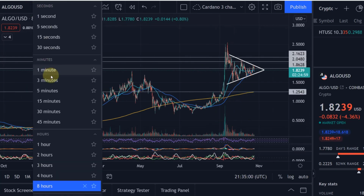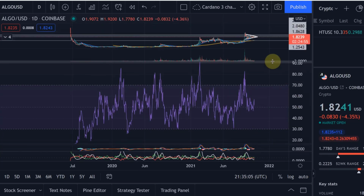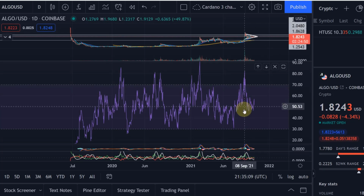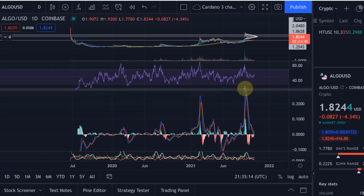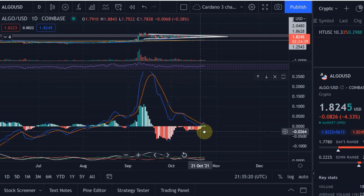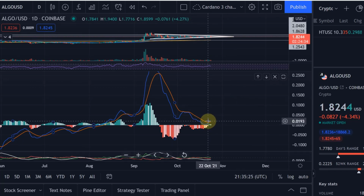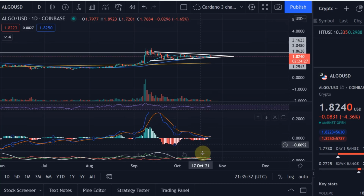Now, looking at the daily, let me go on the daily. That was the 8-hour chart. On the daily, we can actually see that we are holding above the 50 line on the RSI, which is indicating that we're in the bullish range, which is good, and it means we have a lot of scope to the upside. What is significant, and I wanted to show you that, we are currently making a bullish cross here on the MACD. Now, that means we have a lot of scope to the upside, because look at where the MACD line is and the buy signal that occurred yesterday. So that is definitely a heads up